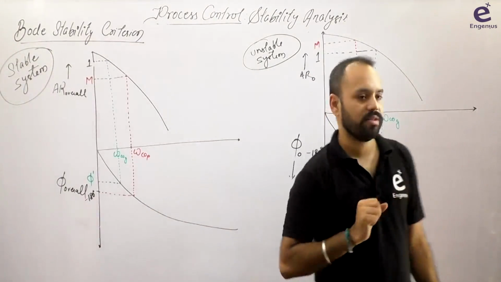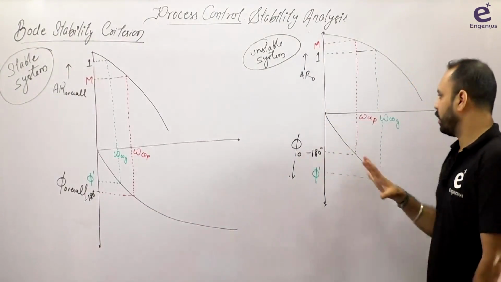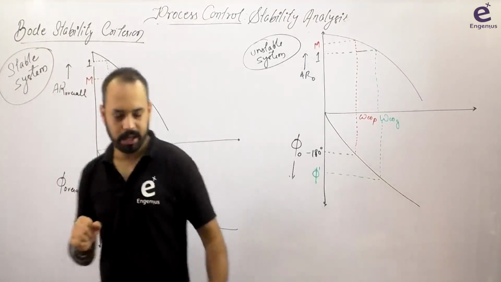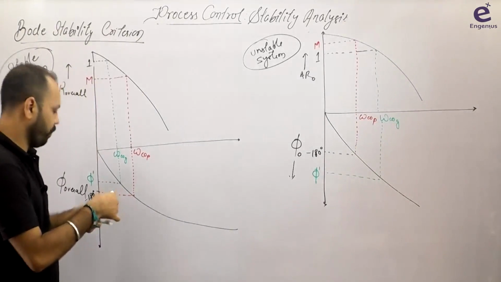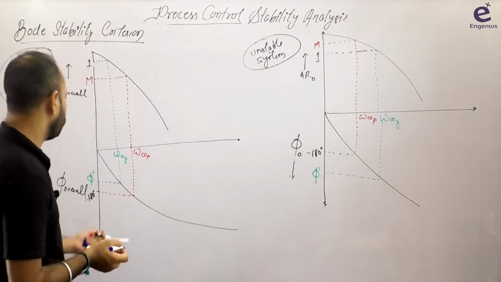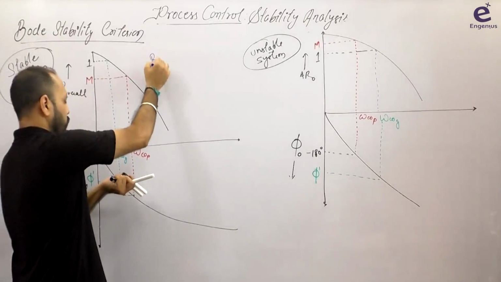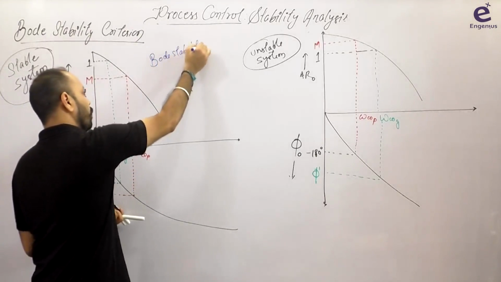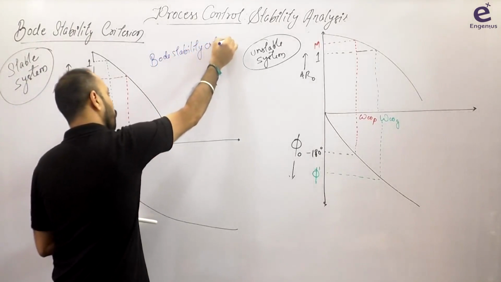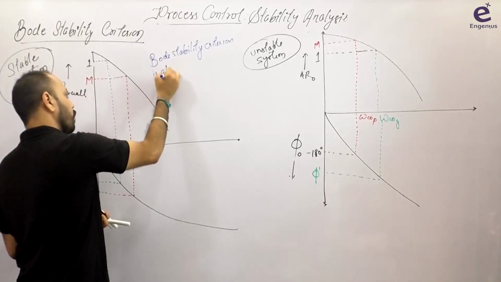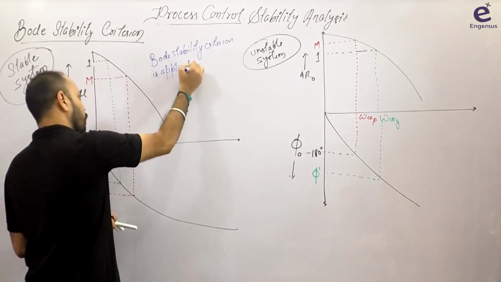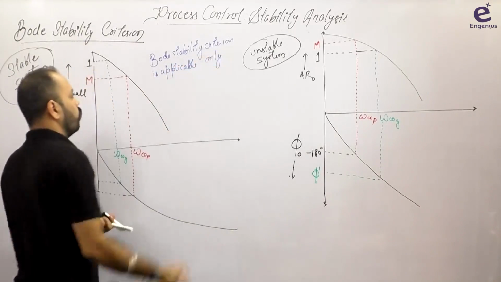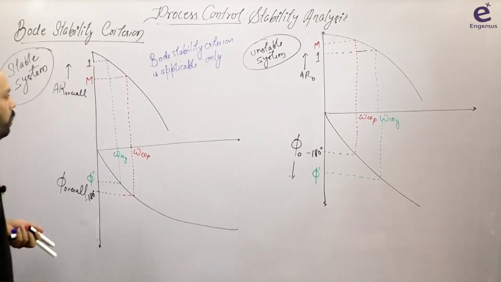Now you can ask, sir, why you made the graphs like this? I mean, they are continuously decreasing. So there comes the limitation of Bode stability criteria. Write down, यहीं पे लिख लेते हैं that Bode stability criteria, Bode stability, this was a question in GATE also. Bode stability criteria is applicable only when